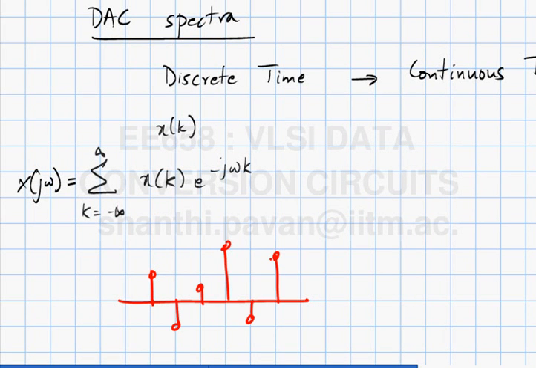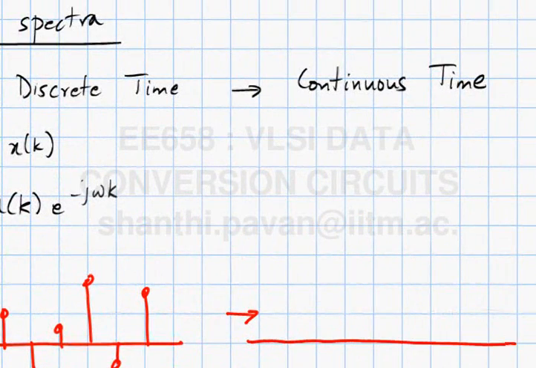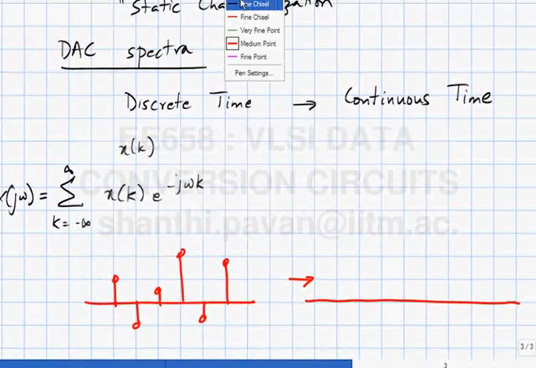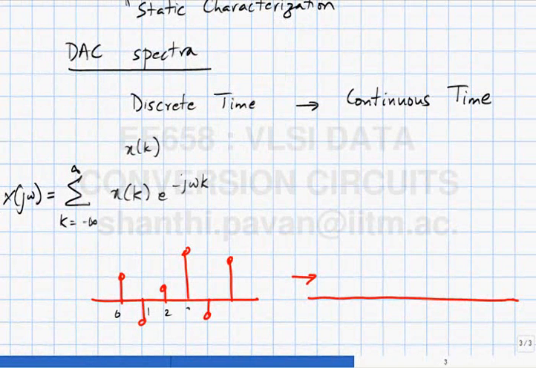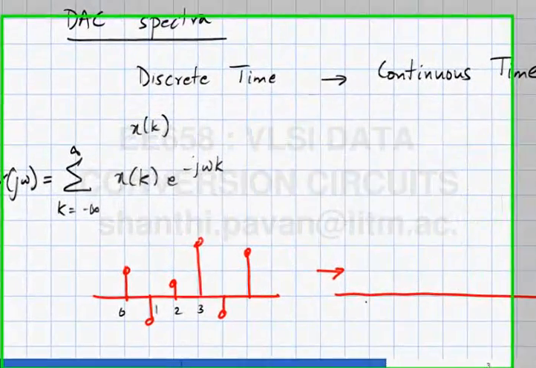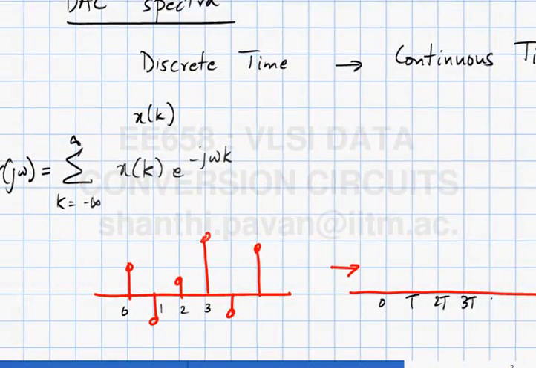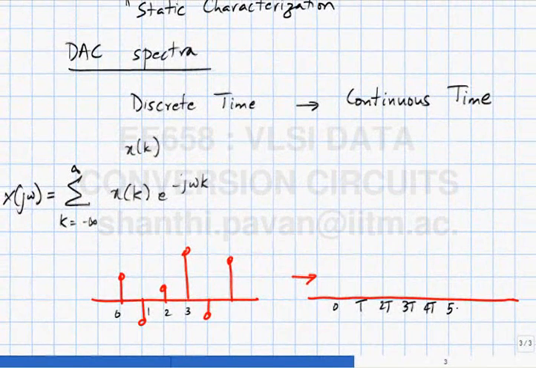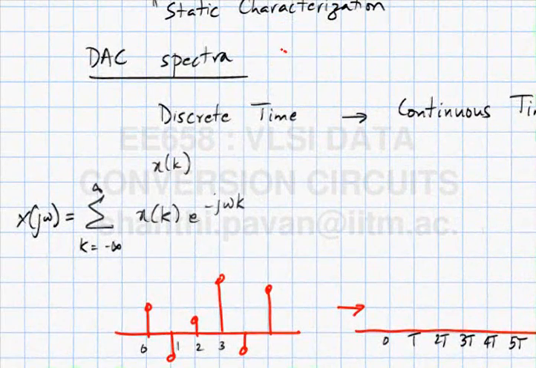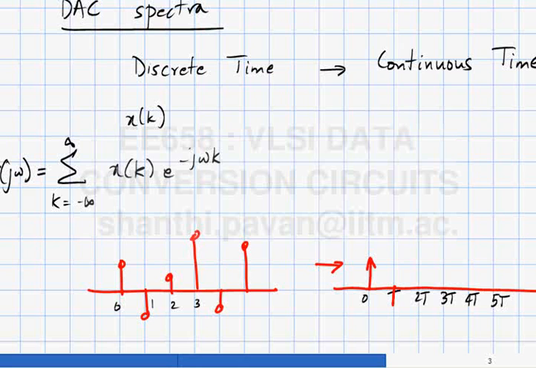alright, and what we are doing is, this is just index, right. So this is 0, 1, 2, 3, etc. So what we are doing is converting this into a continuous time signal, where we replace the discrete time impulse with, in the simplest case, a Dirac delta or a continuous time impulse,